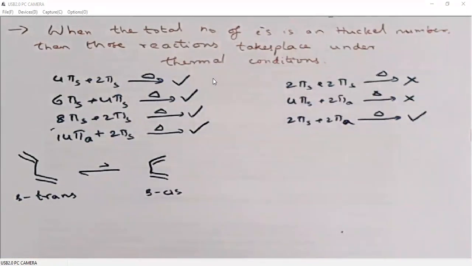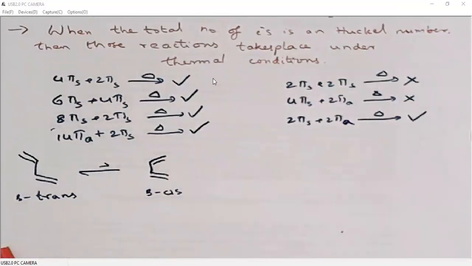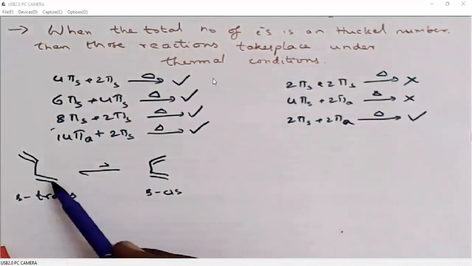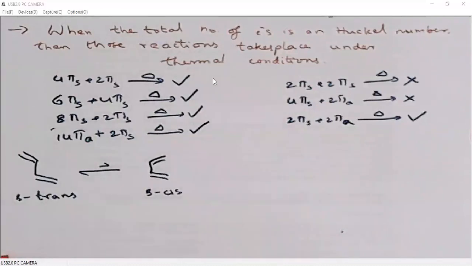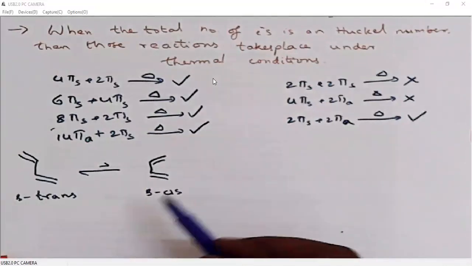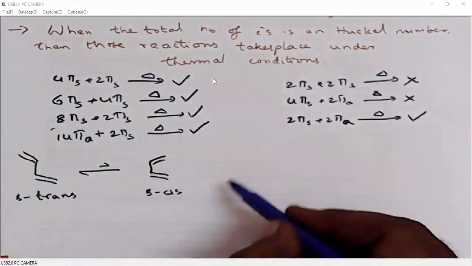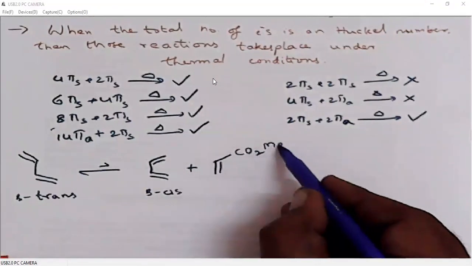So butadiene, of course, is stable in the S trans configuration, whereas S cis is unstable because of the steric repulsion. But still, to some extent, say for example 90 to 10, there will be an equilibrium between S trans and S cis. When we use butadiene in a Diels-Alder reaction, whatever compound is in S cis configuration will undergo Diels-Alder reaction.